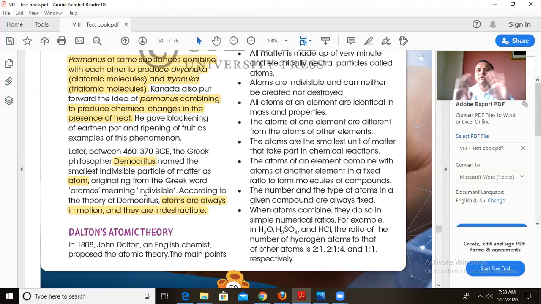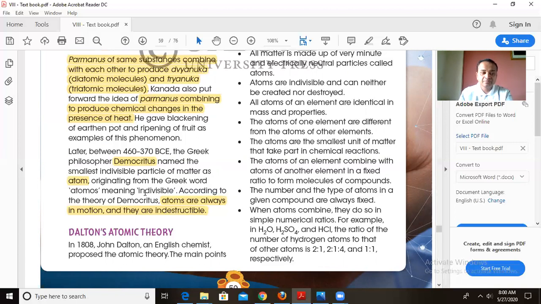You cannot divide an atom. But he said at that time that atoms cannot be divided. And today, it's very clear that atoms can be divided into subatomic particles like protons, electrons, neutrons, isn't it? So every time the scientists put forth a theory, and the theory made our concepts clearer and easier. So now we saw the Parmanu concept from the Indian philosopher Kannada. Then we also saw what the Greek philosopher Democritus said, that matter is made up of the smallest particles. Now let us move one step ahead.